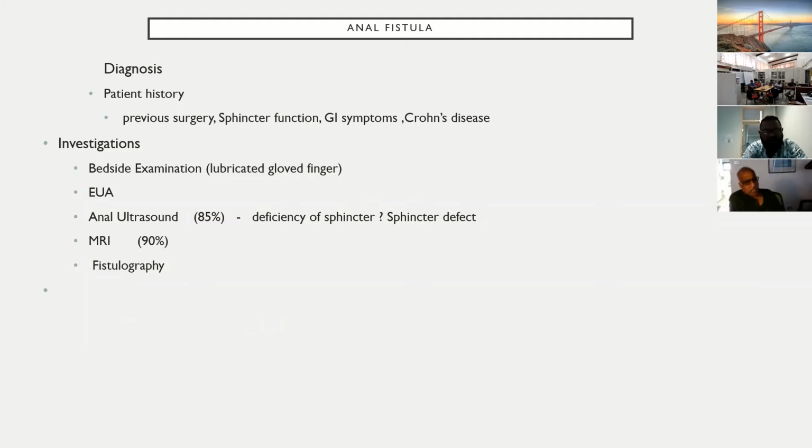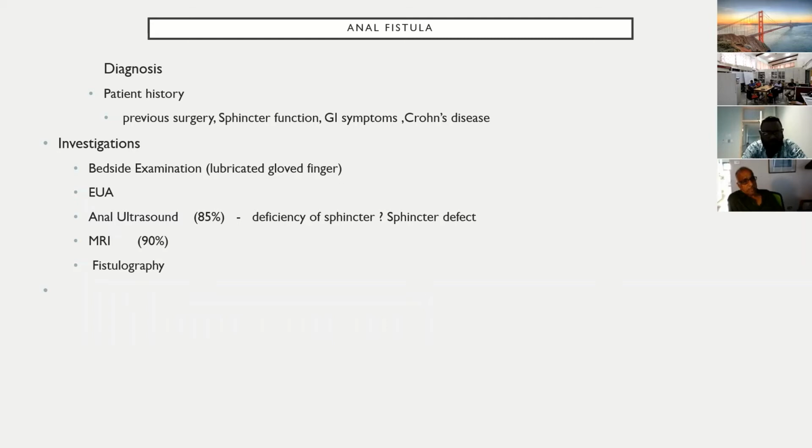Investigations: bedside examination to identify the abscess, and you may even be able to feel the fistula internally with a gloved finger. Examination under anesthesia can help you to gently probe and find the fistula tract. Anal ultrasound is about 85% successful in finding the fistula along with the sphincter defect or deficiency. When you do an anal ultrasound, sometimes we inject hydrogen peroxide, and that will delineate the fistula tract